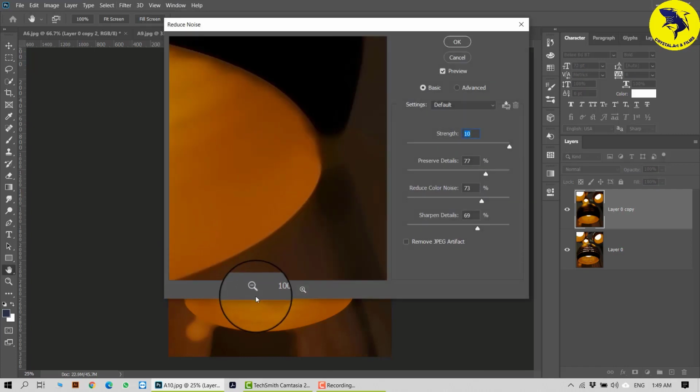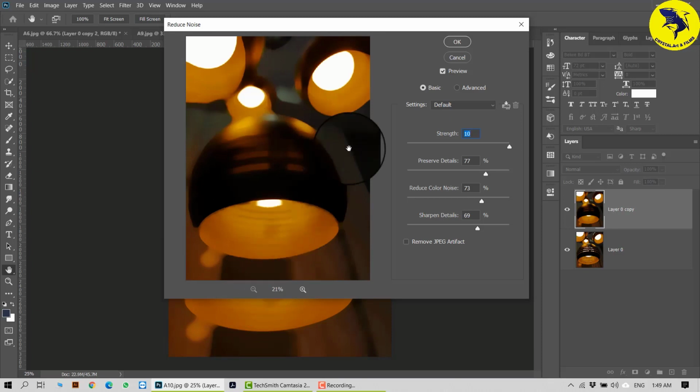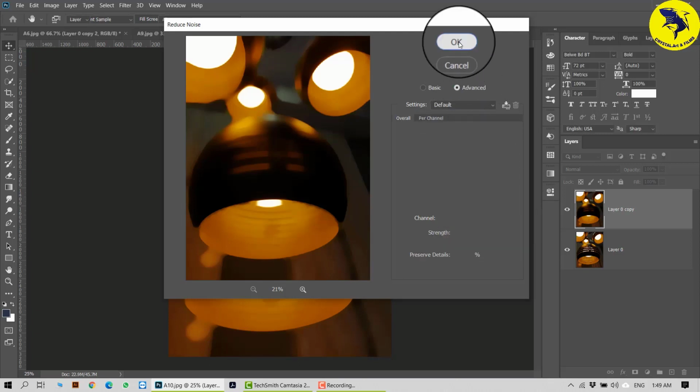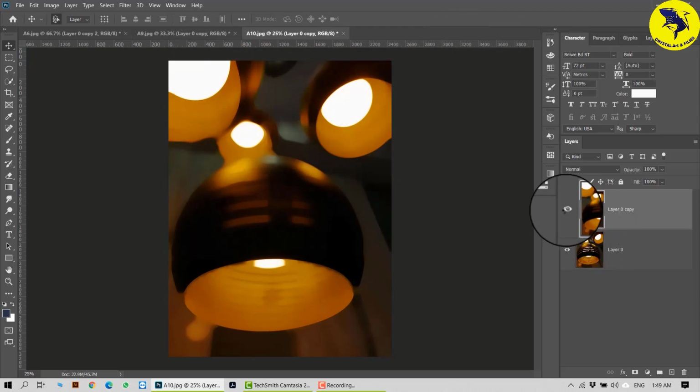It gives me a set of default settings, which you can change, like strength. I'll say preserve more of the detail, reduce the color noise, sharpen the detailing, and go to advanced. And if I say okay, nothing much happens. See, it's still almost the same thing. So it gives you an effect to some extent, but not an effect that completely dismantles the picture.